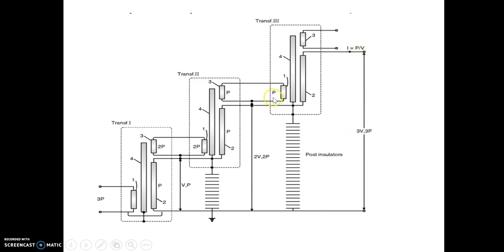Why should this be P? Because you are giving excitation to the secondary winding. So here the load of this winding is P. This P and this 2P have become thrice P. Load of this is not thrice P. Here it is P. But 2P plus P has come to thrice P. So the load on this secondary winding is P.